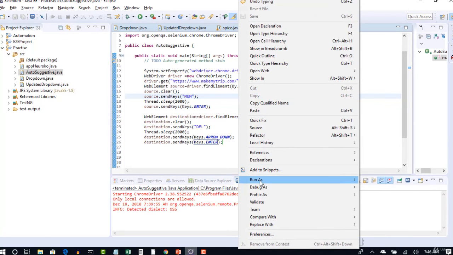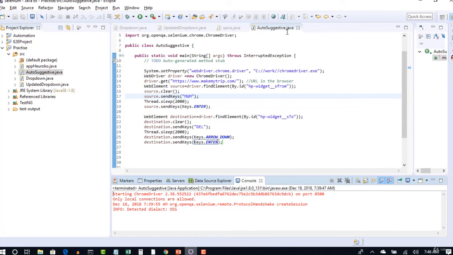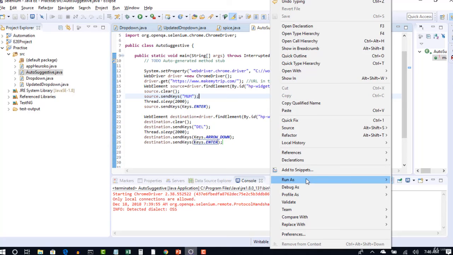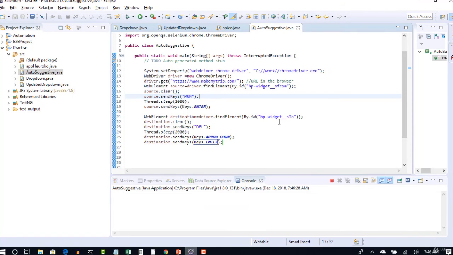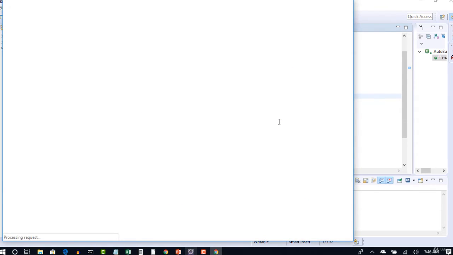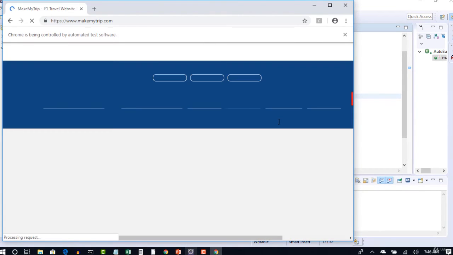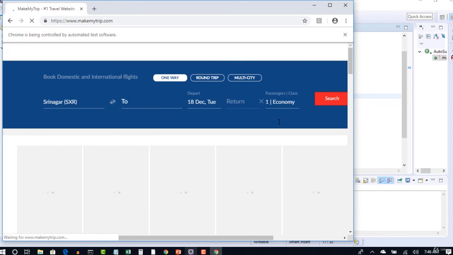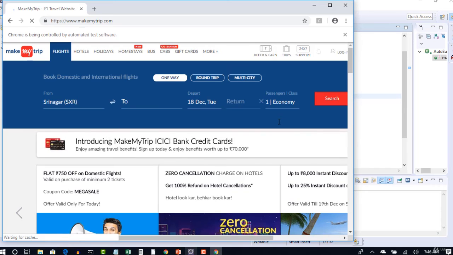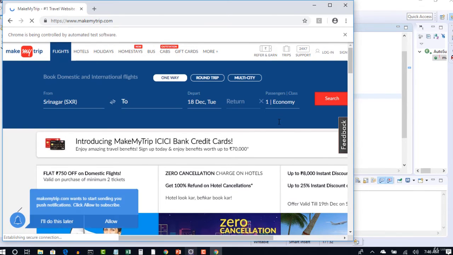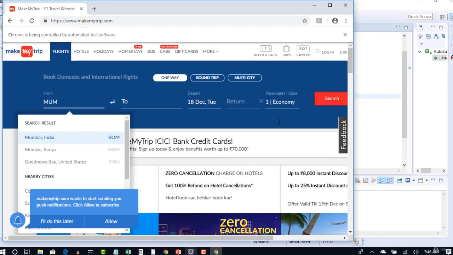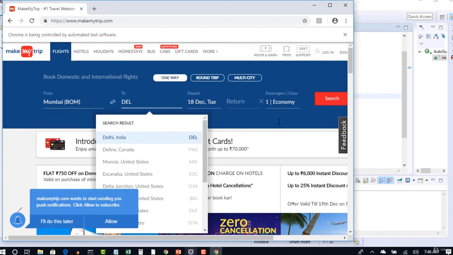Okay, let's see how it goes. It again default selected Srinagar, but it will wipe out and then it should type MUM in the source. Cool. And it typed DEL.